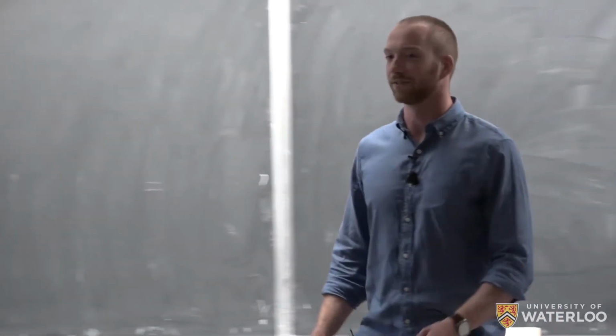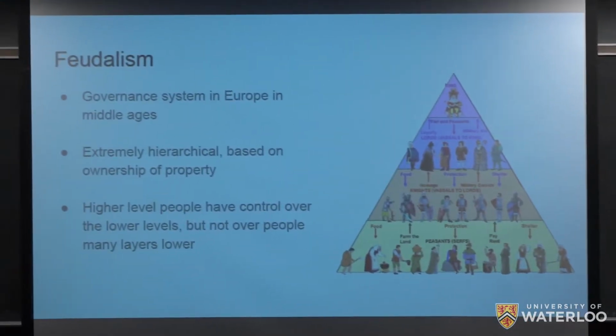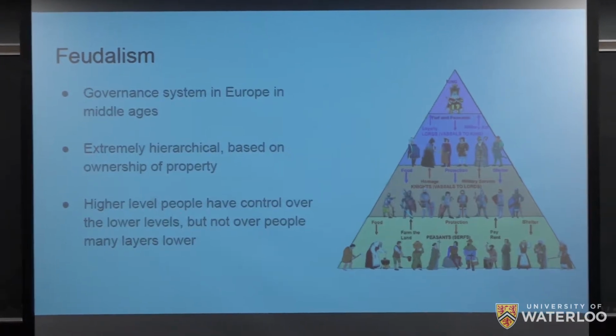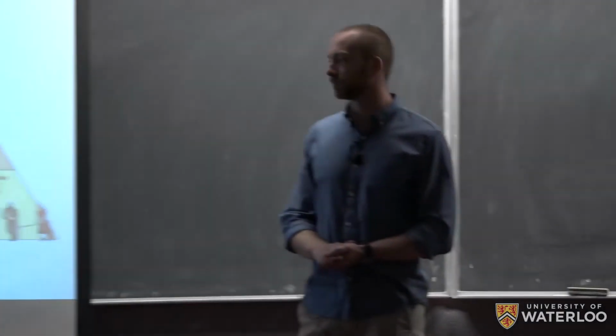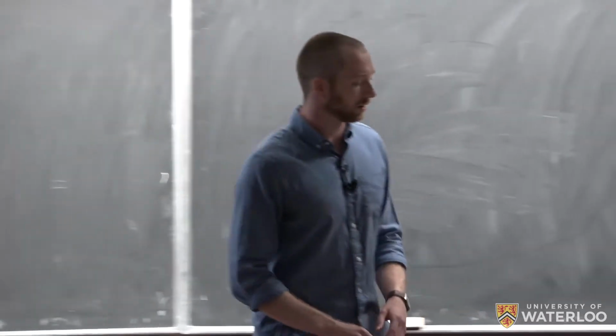So the next part is FeUdalism. So this is FeUdal hierarchical networks. If you're not familiar with feudalism, it was a questionable system in Europe in the Middle Ages. Basically, we have this extremely hierarchical system where if you're at the bottom, you're a serf, you have no power, and you just have to work. If you're the king, you have all the power, and you can tell other people what to do. There were also different levels in this hierarchy. The whole idea was that people have a lot of control over the people below them. And so that's why they used this name.